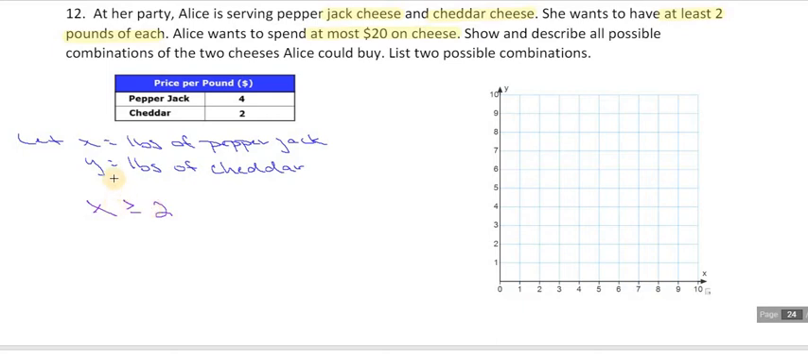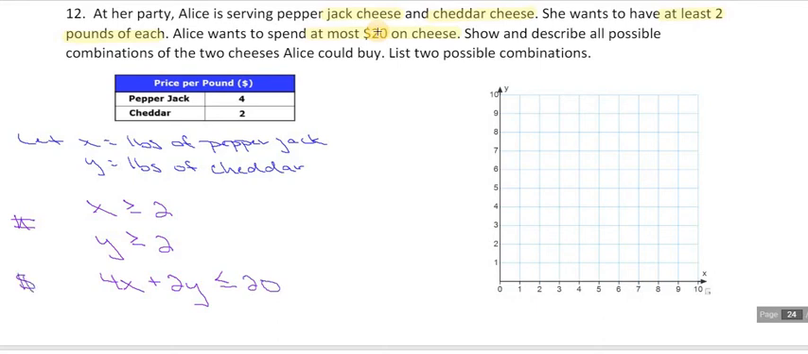And if she needs at least 2 pounds of cheddar, it would mean Y needs to be greater than or equal to 2. So these two deal with our quantity, the number portion, whereas now we need to talk money. Pepper jack is $4 per pound, so we're going to put the 4 with the X, so 4X. Cheddar is $2 per pound, so plus 2Y. And she wants to spend at most $20 on cheese, so no more than 20. So that would mean less than or equal to 20. So that's going to be our money